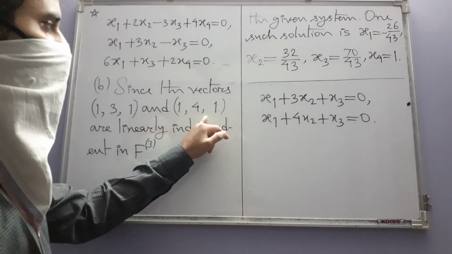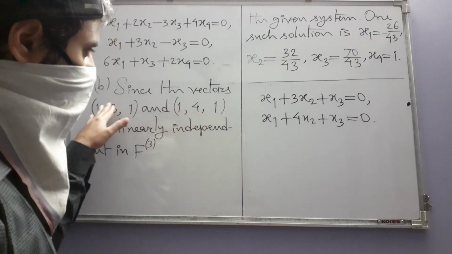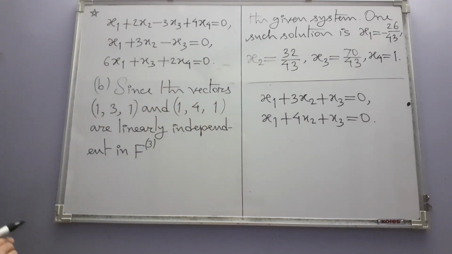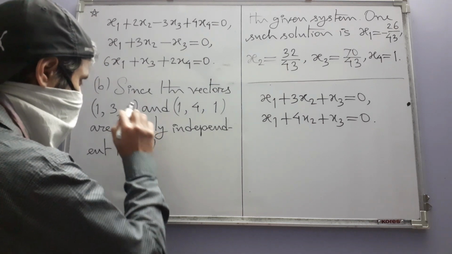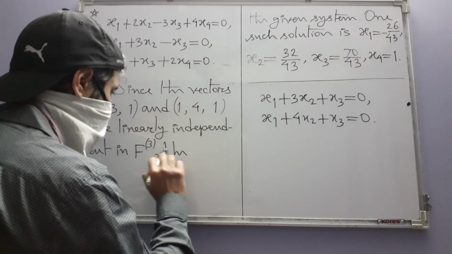That is not possible here, which you can see clearly from the components of the vectors. So that's why they are linearly independent in F3, and hence,